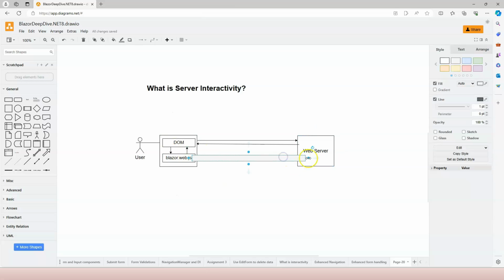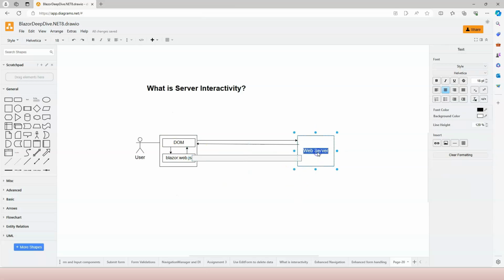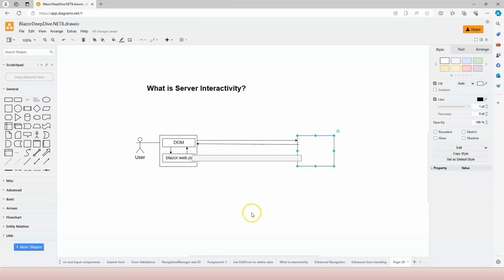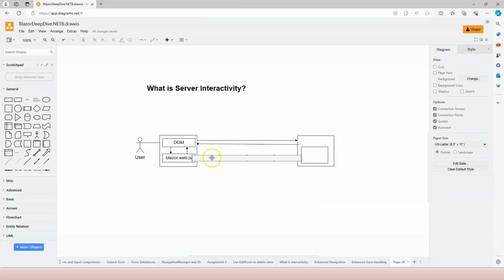When this SignalR channel is established on the web server here, let's remove the letters here. Inside the server here, there is an in-memory representation of this page. Let's use this rectangle to represent that. So a memory representation of this page is held inside the memory, right? And that is actually connected with the SignalR channel. So therefore,